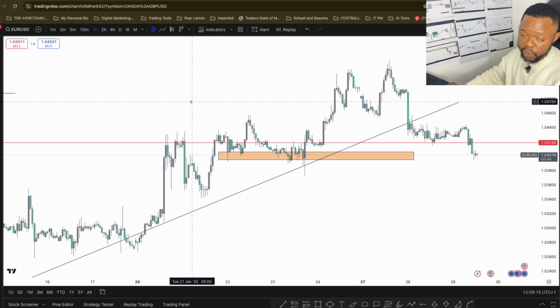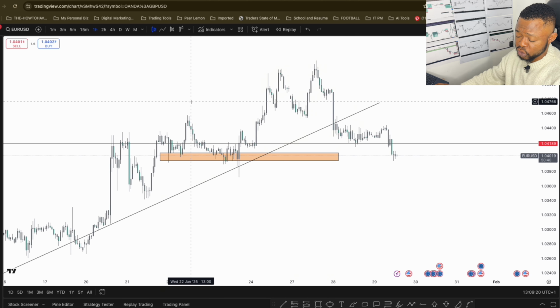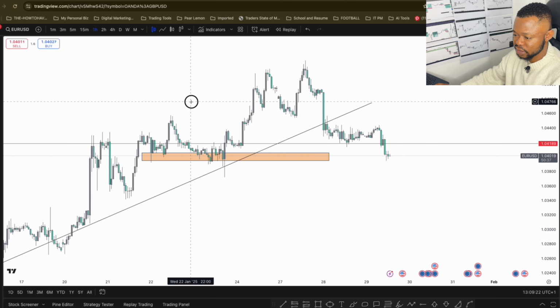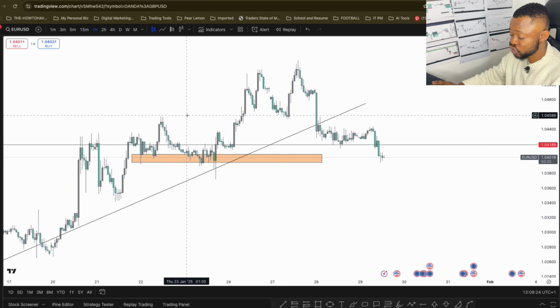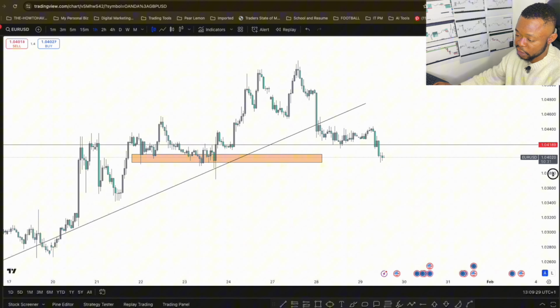If you want to be a scalper, is another way to go. The market gives you opportunity to do what you want to do in the market. It's an open environment for everybody to participate and do what they do. The main thing is for you to come and make money in the market.